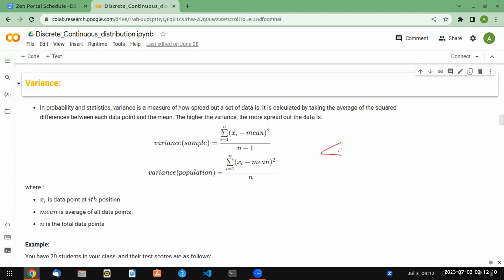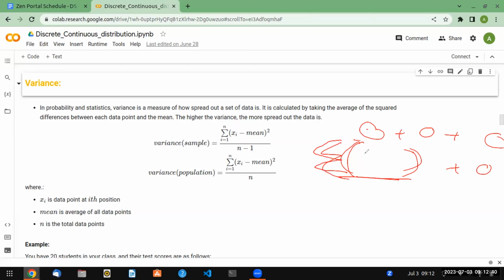Summation, right? This means the terms that you are going to write after this are to be summed. That means if this is the term, if you expand this, it will be something plus something plus something plus something, right? So in mathematics, instead of writing this sum, they have some symbol here. This is called the summation symbol. This means whatever you are going to put inside, this is going to sum.